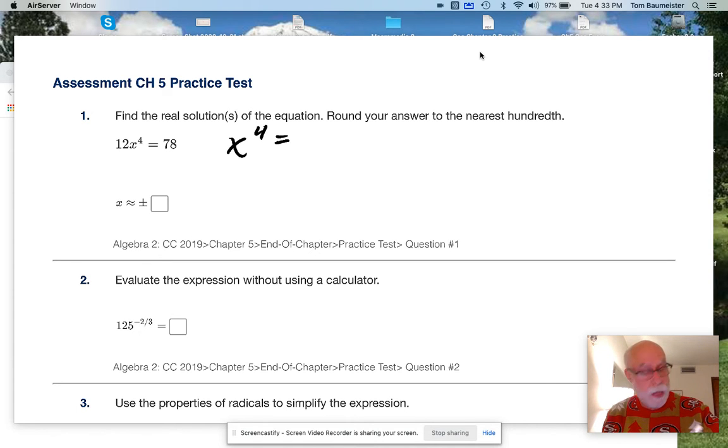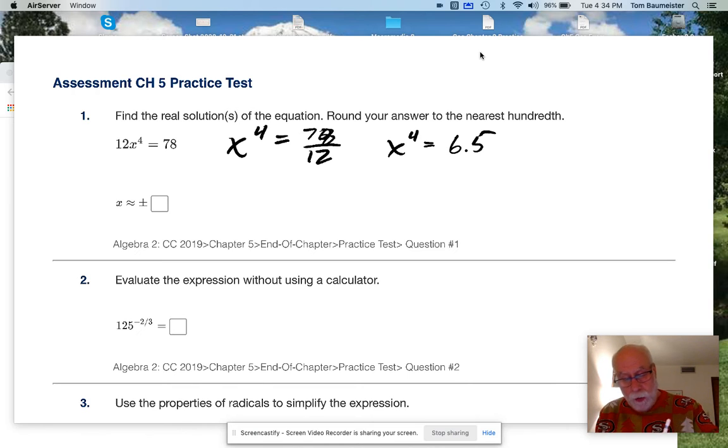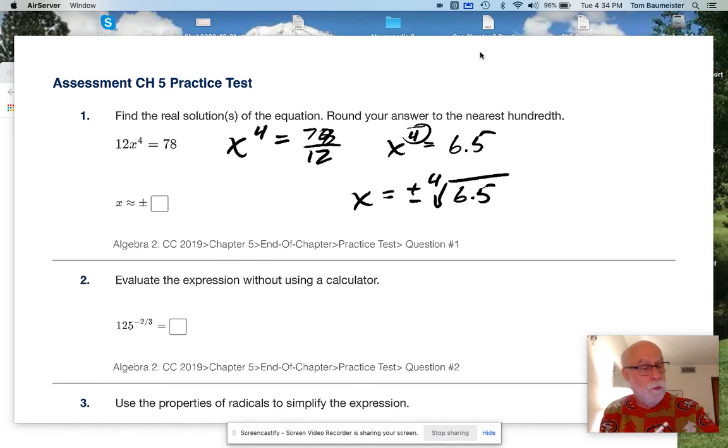So if I take 78 and divide it by 12, I'll get that x raised to the 4th power is equal to 6.5. Now, remember, since it's to an even power, how do I get rid of a 4th power? I take the 4th root. I'm going to have to put a plus or minus in front of it. So we're going to take the plus or minus 4th root of 6.5, and you plug that in, ladies and gentlemen, you'll get